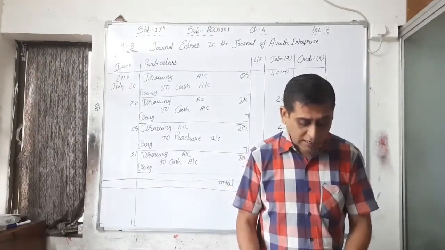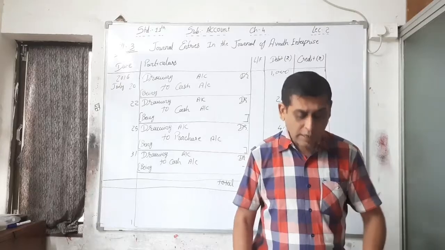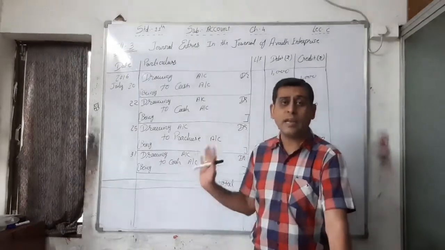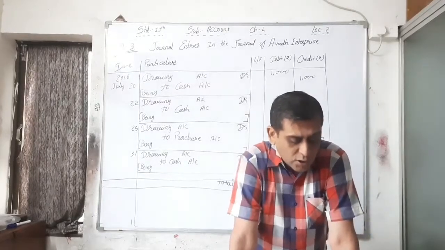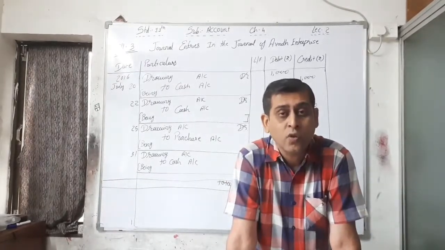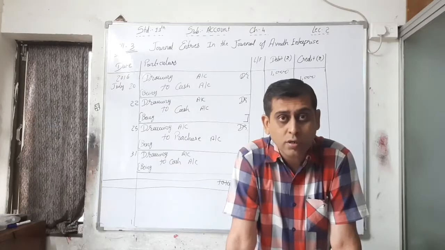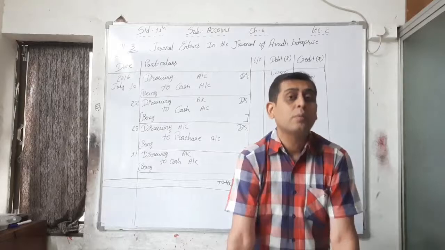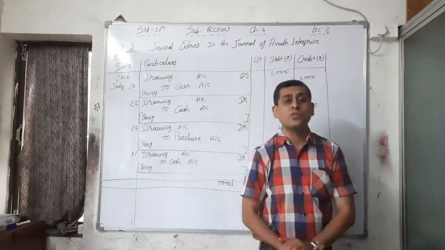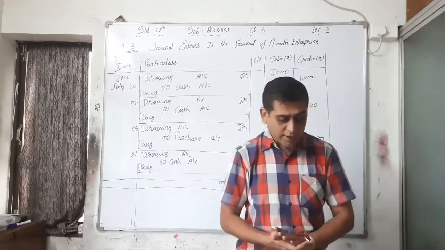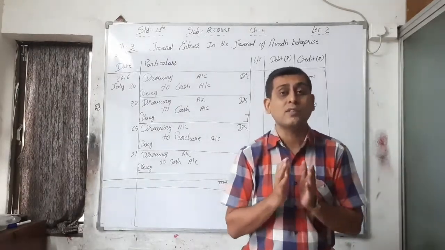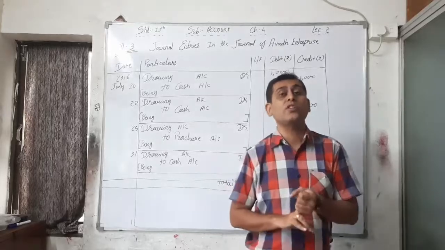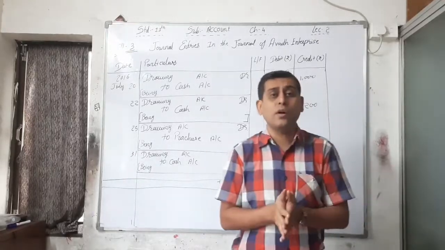Now the second point. See here, this is the transaction relating to capital and drawings, and the next point is the transactions for the goods and assets. What is that? For the goods, that is a real account. For the assets, again it is a real account, but goods account means purchase and sales, as well as asset account means assets purchase and assets sales. See the difference between these two that I am explaining here.